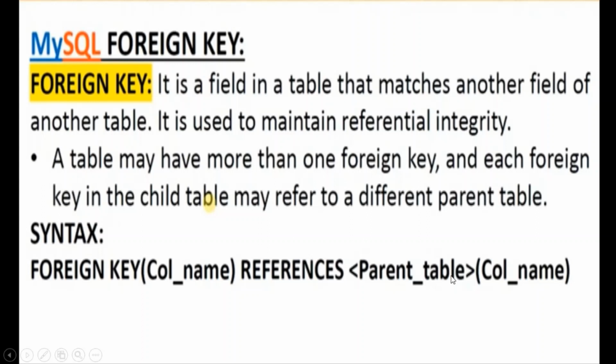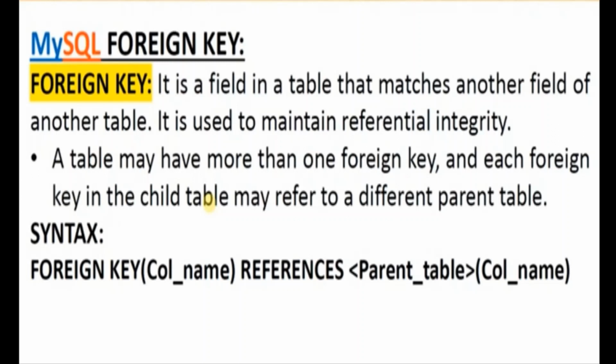Here you will be having two tables. One will be your parent table and the second will be your child table. The parent table will have a particular column as primary key, and that column will be used in another table to create a connectivity between the two.